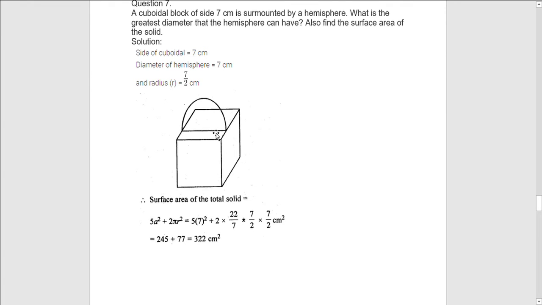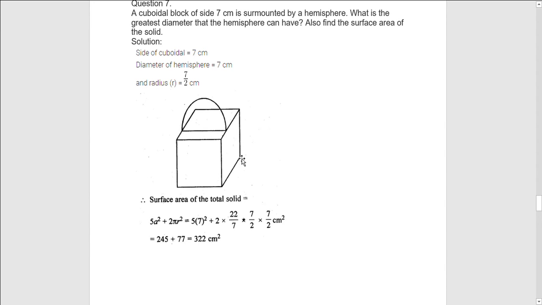Now here it is very interesting, you have to understand here. The hemisphere is kept over the top. Please listen to me again. First you tell me how many surfaces for the cube. How many surfaces for the cube? Are you aware of this? 6. Each surface is in a square shape, right? So 6 surfaces, but out of these 6, on one surface, what is kept? Hemisphere. Followed? So how many surfaces are left?